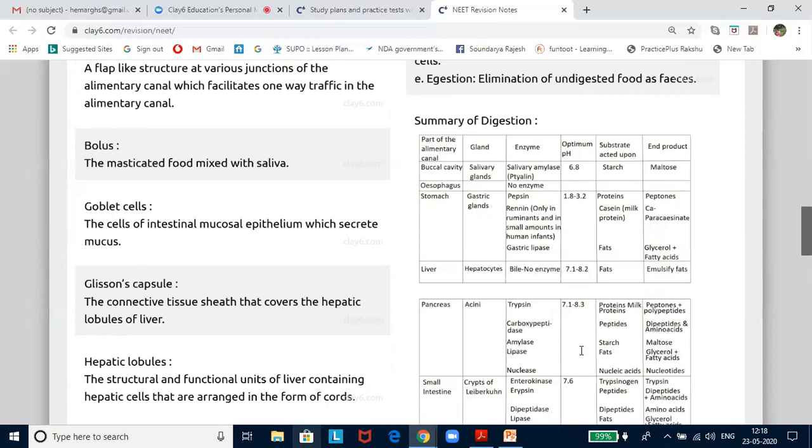For digestion, absorption, and subsequent defecation, the food has to be moved sequentially along the entire length of the alimentary canal. In each of these sections, the food is subjected to different kinds of actions, and let us look into the fate of each food item as it is passing through different organs.